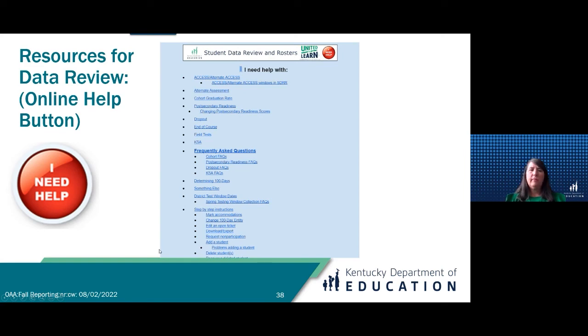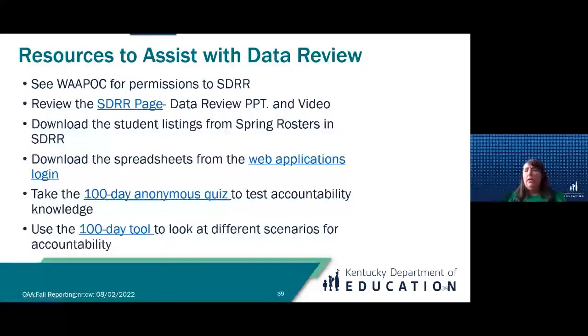Now, what are some resources for you? First thing to help you with this, go to your WAPOC if you don't have permissions to SDRR, or if you're a DAC, you don't have access to SDRR or to the student data detail.